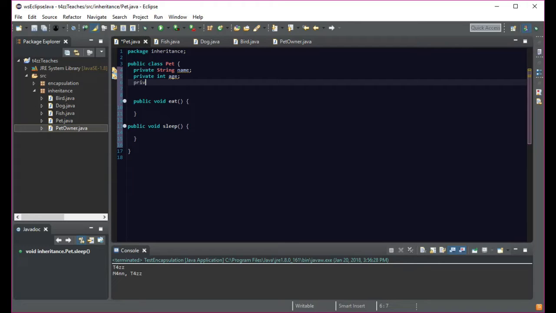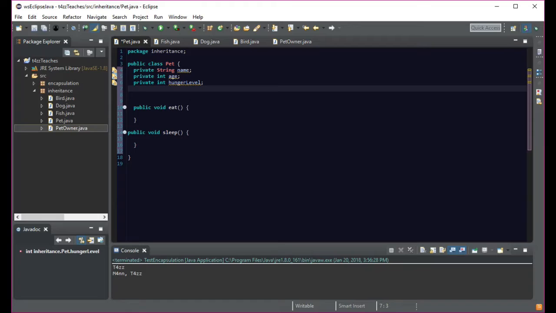Let's do a private, let's see. This is hunger, so this will be, let's do an integer and HUNGERLEVEL, something like that. So we really don't want people being able to set the hunger level